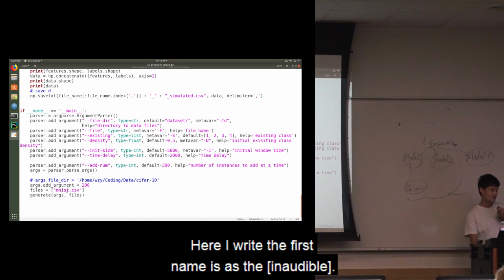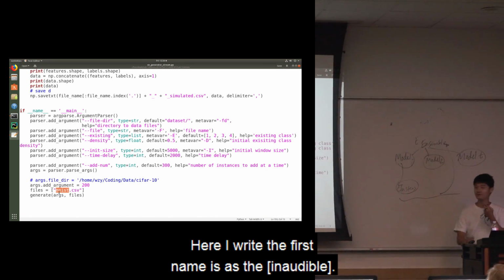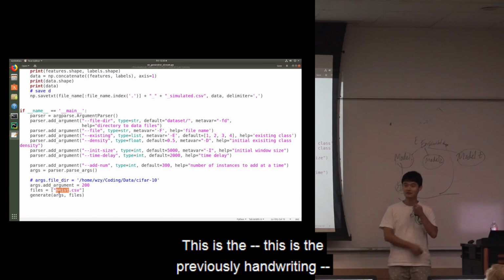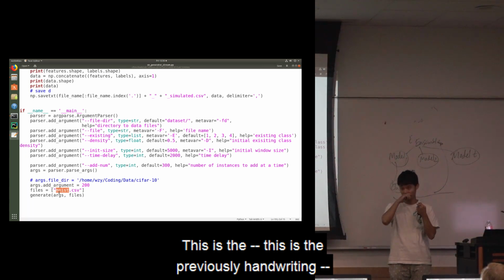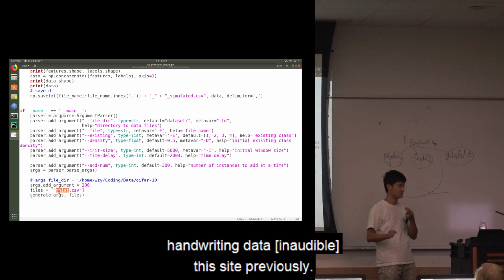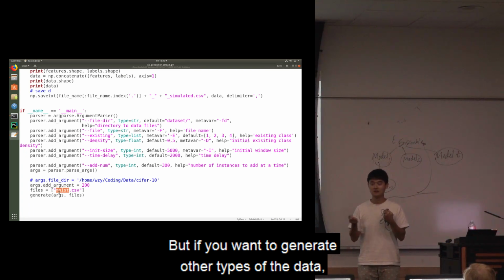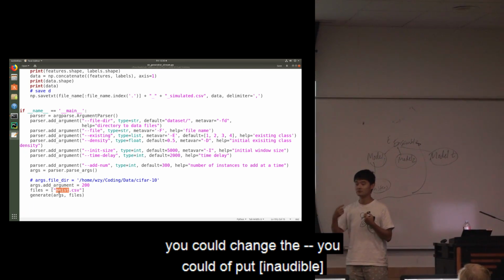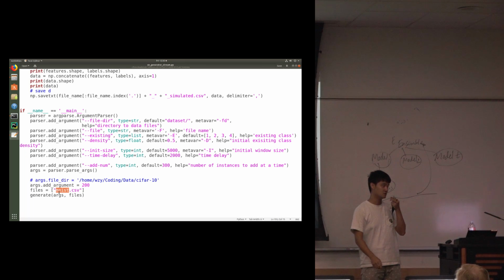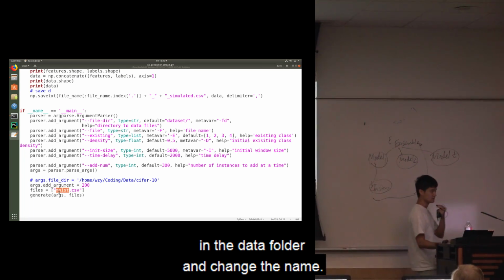Here I write the file's name as MNIST. This is the previously mentioned handwritten digit data set. But if you want to generate other types of data, you could put your file in the data folder and change the name. Here we have some